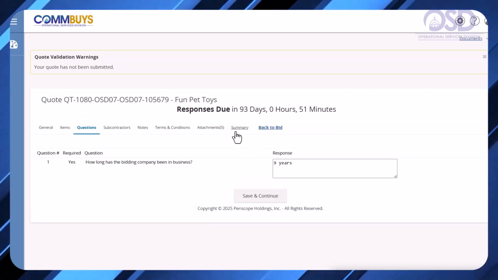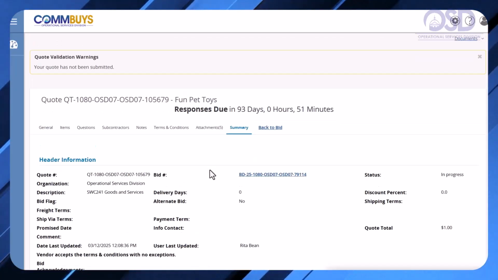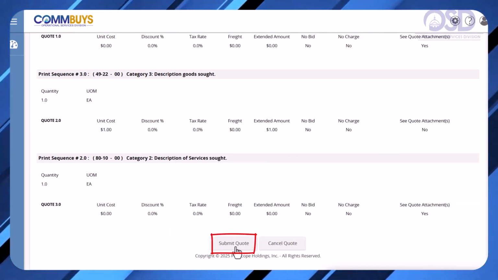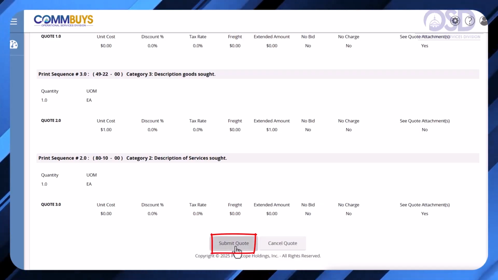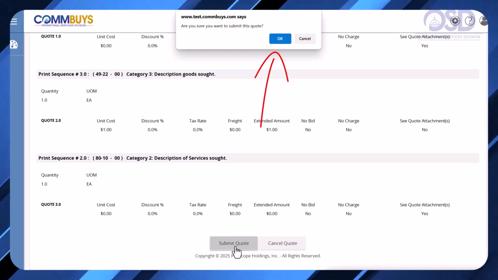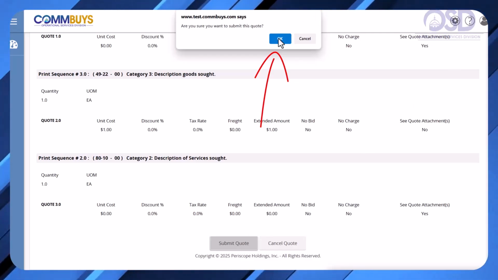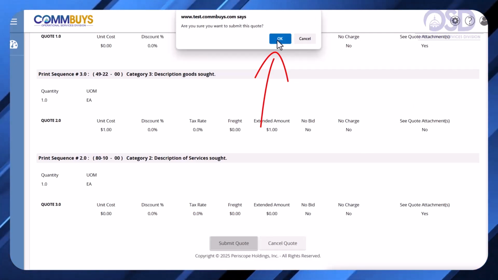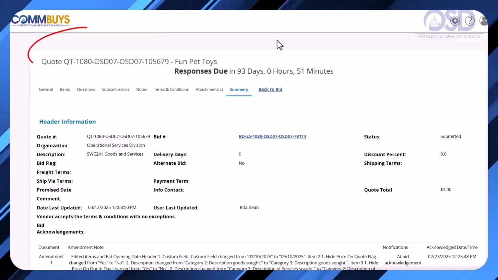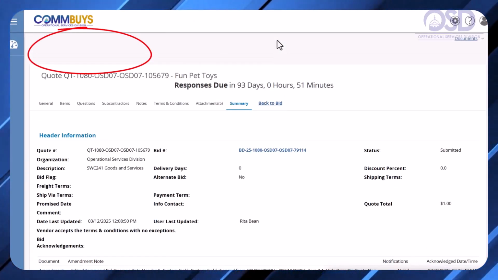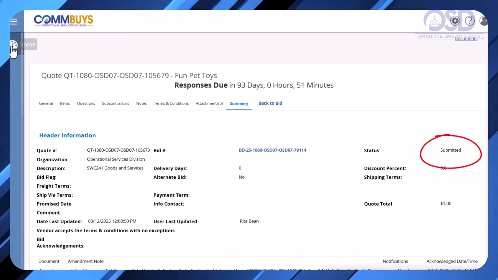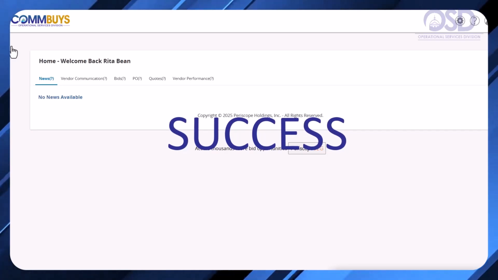Then click the Summary tab again. Once everything is ready, scroll to the bottom of the Summary page and click Submit Quote. Combise asks if you are sure you are ready to submit the quote. Click OK. The yellow warning message disappears. The quote status is marked Submitted, confirming that Combise has delivered your quote to the buyer's account.